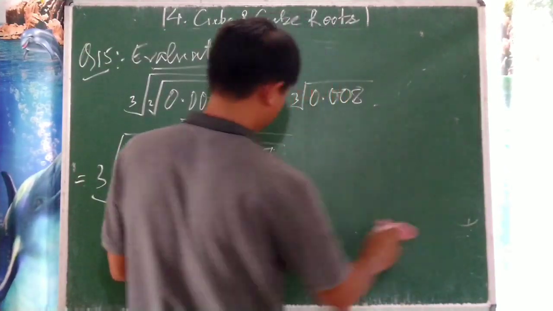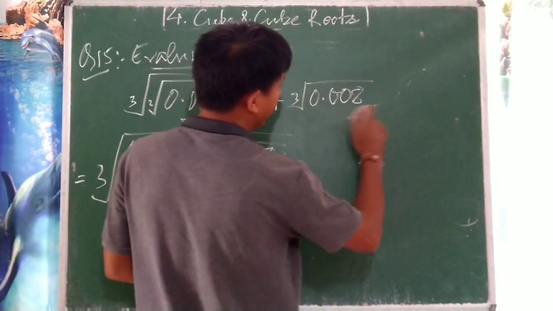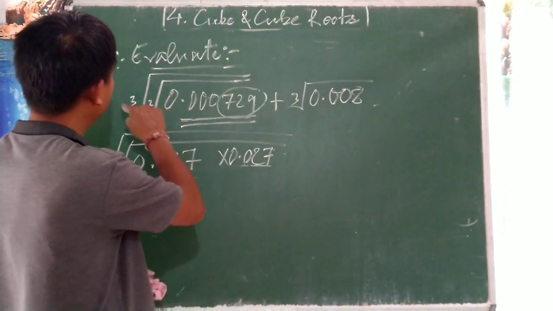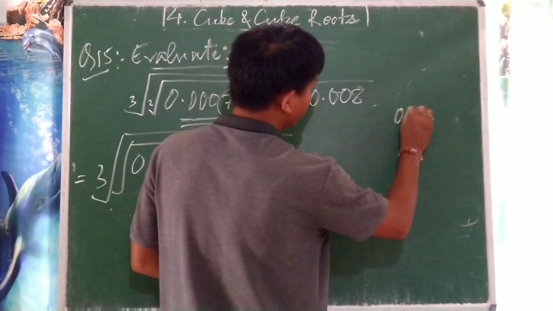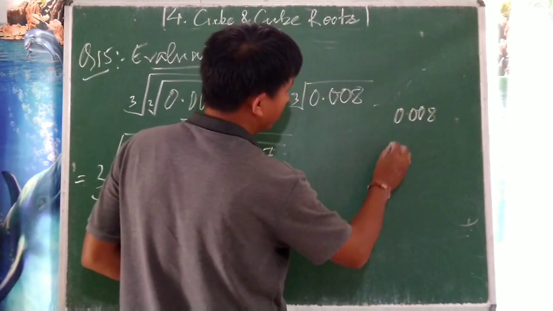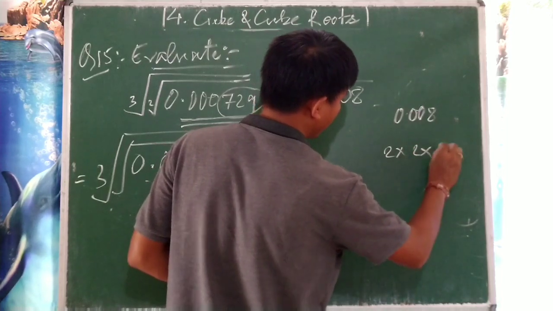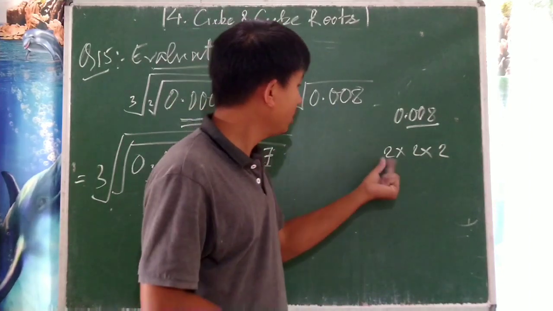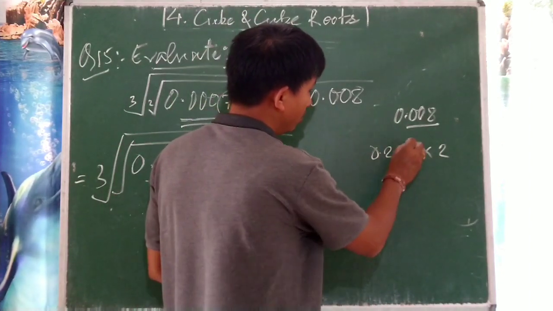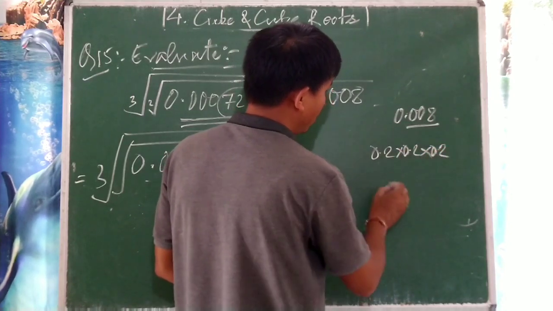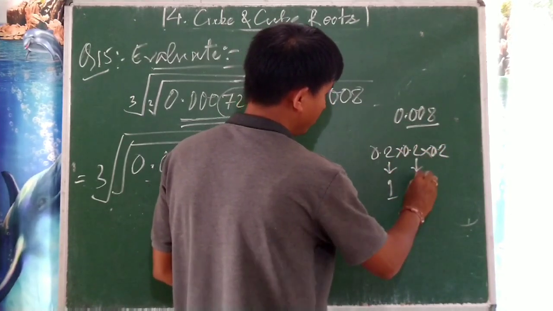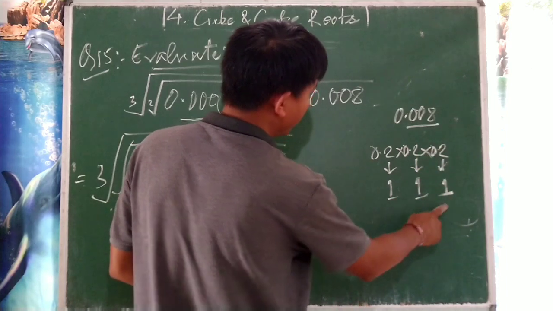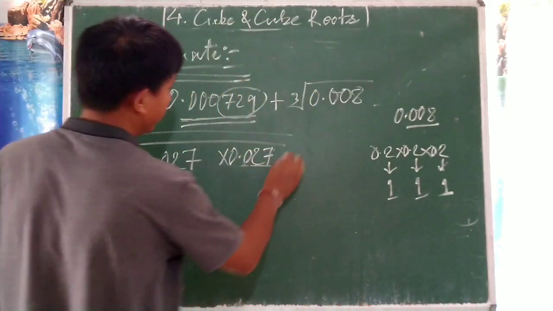Now same for this 0.008. So we know already this is a cube root. Okay, not square root again. This only is the square root. Then before that is cube root. So 0.008. So for 8, 2 into 2 into 2. Up to how many decimal places? 3 decimal places. 3 decimal places means what? 0.2, 0.2 and 0.2. From here 1 decimal place, from here 1, and from here 1. So 1 plus 1 plus 1, 3 decimal places. So put it directly.